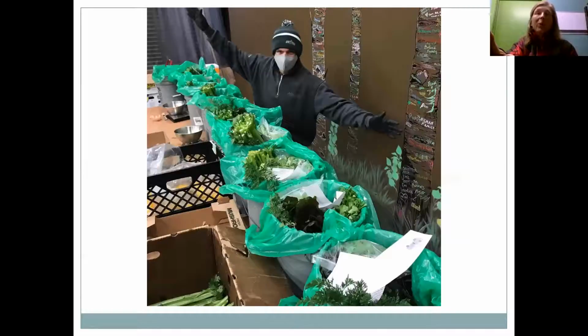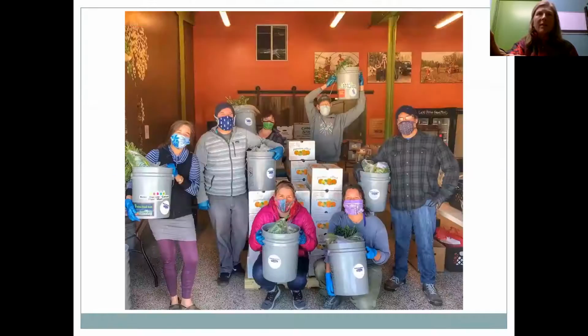We use biodegradable bags, which is really cool. Next slide. Sorry, this is definitely slow. One of the things was, how are we going to be able to get all of these boxes out there? So that's when we started using buckets as a reusable container.